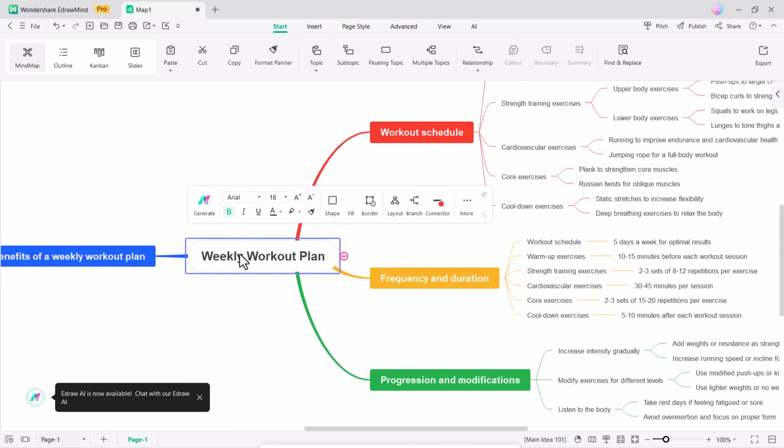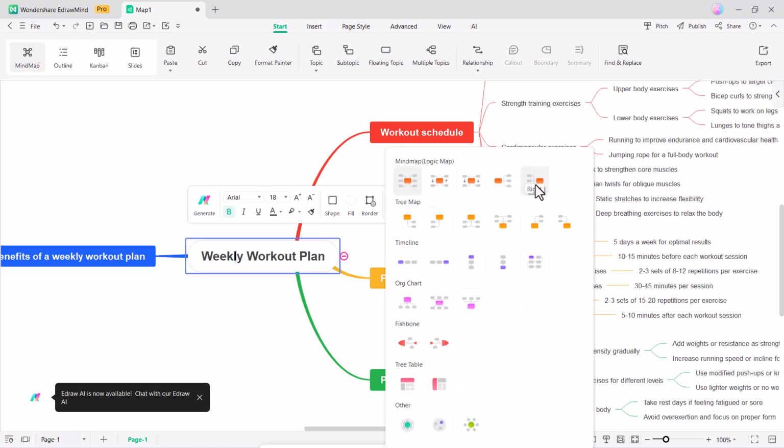You can edit any text, change the font, adjust the text size, and modify the layout. There are several layout options available, so you can choose the one that suits your preference.